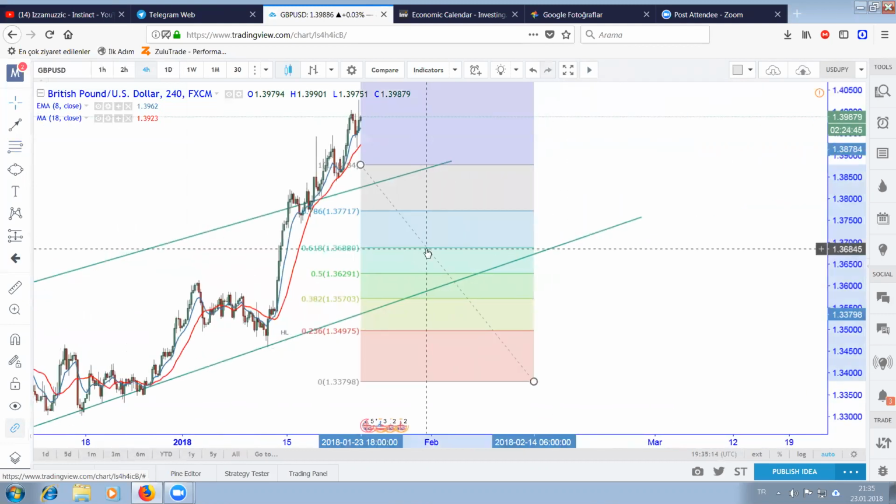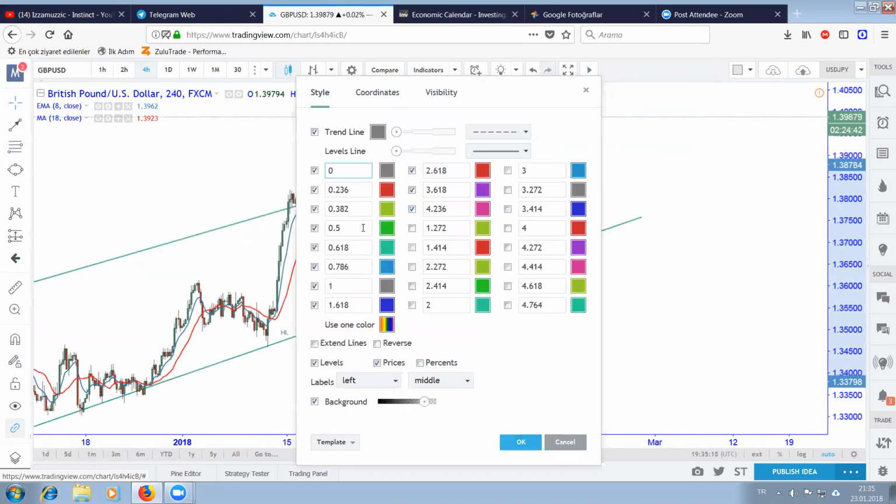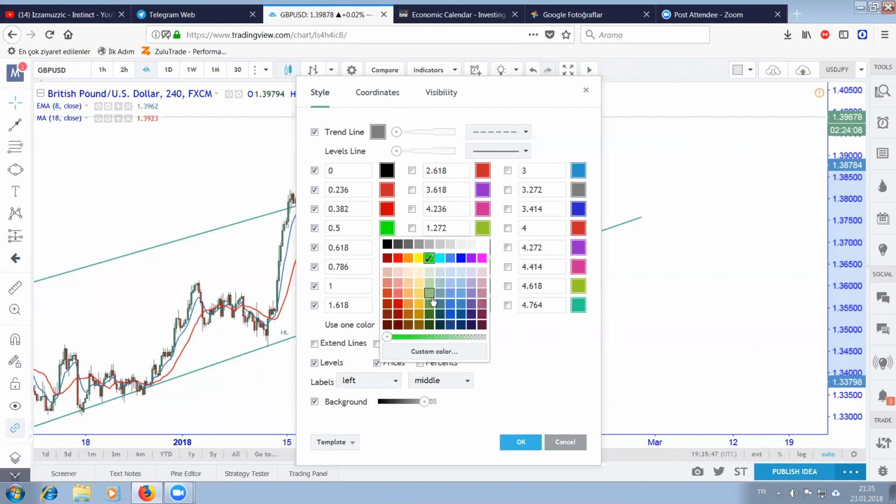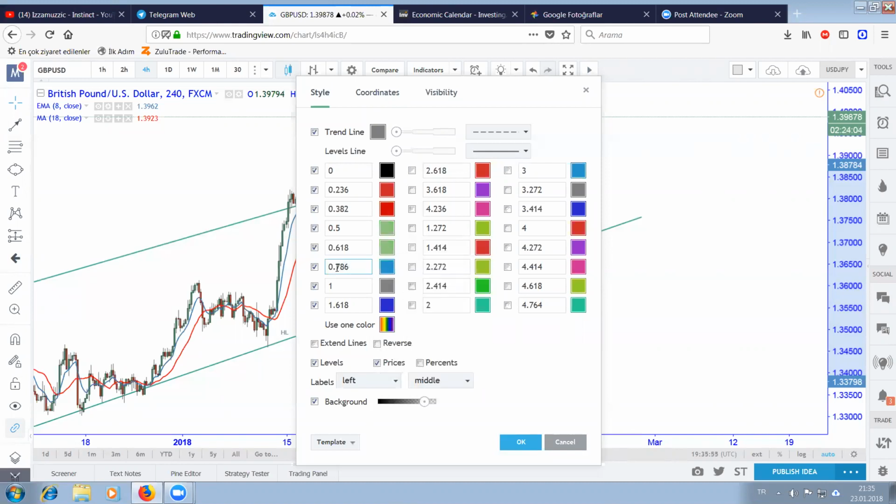Okay, first, if you want to apply some good visuals on your Fibonacci retracement, just open it up from here as I made from settings, and you can add not 2 points, not 3, not 4. We're going to make it black. We're going to make this one red, this one red, the other one green, green. Okay, we are going to do it like this, and for 78 it's going to be blue, and for 1 it's again black. So 0 and 1 are where we are going to start and where we are going to end. For 1.61 it will be green also, and we're gonna add another one,